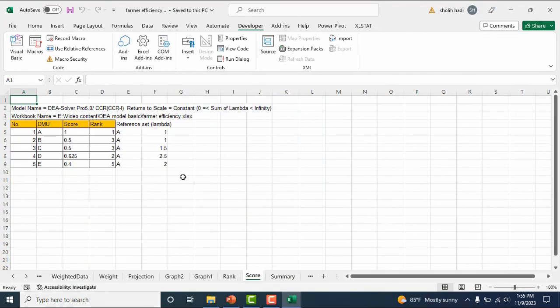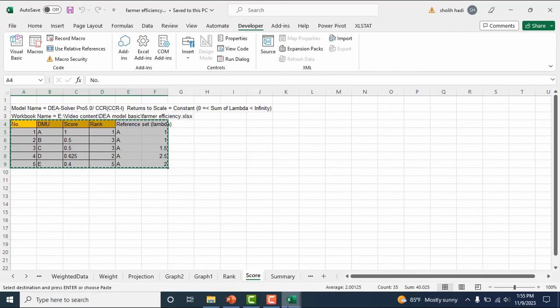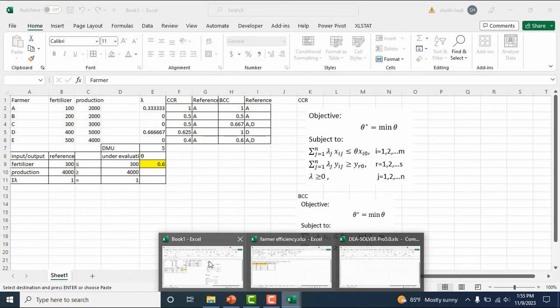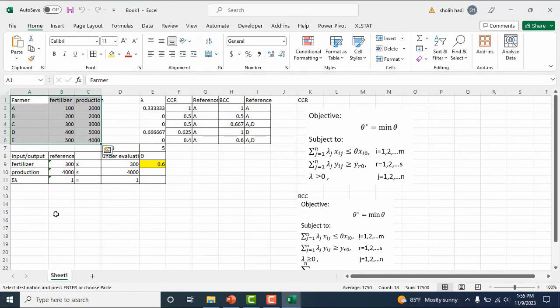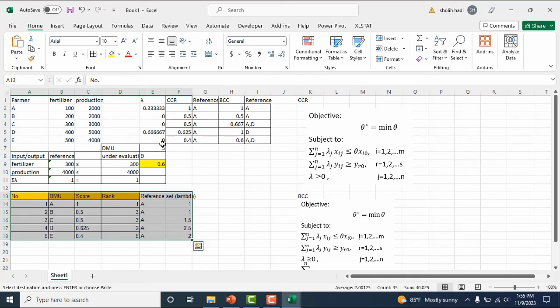That's it. We get the result here. Compare here. Same, right? This one is the same.